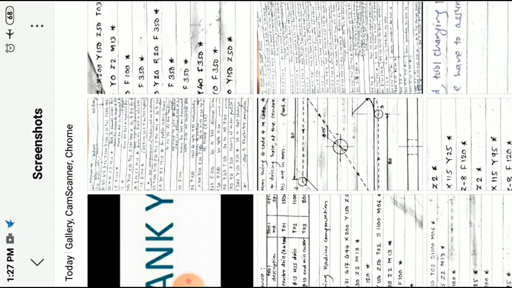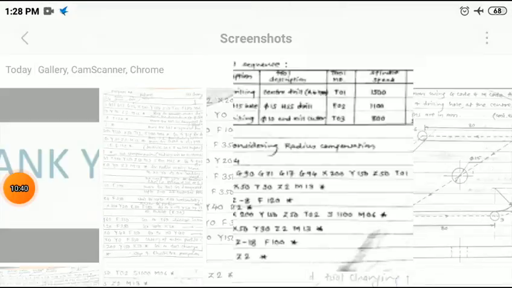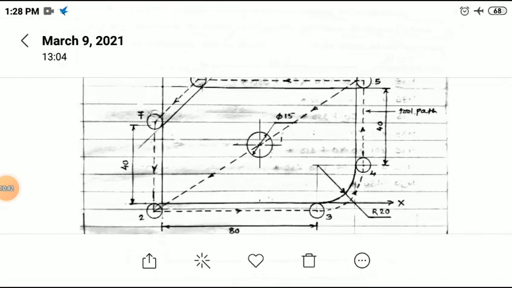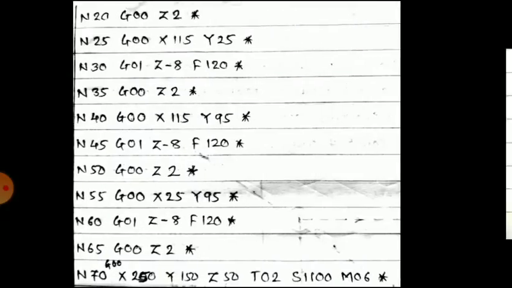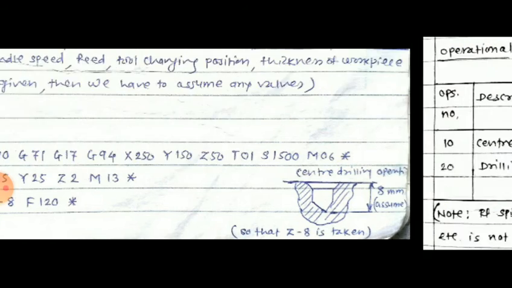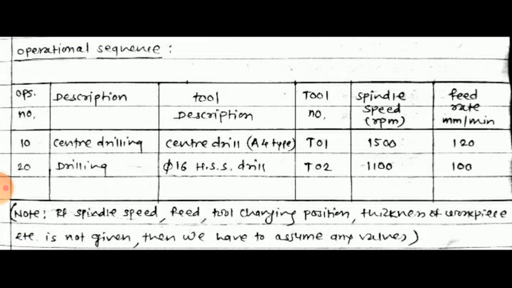So there are two operations that are needed.